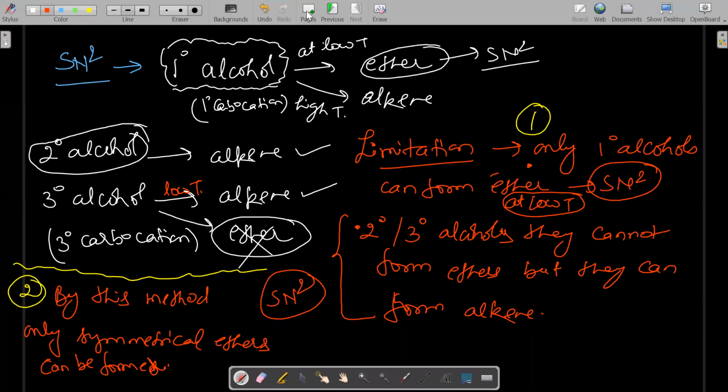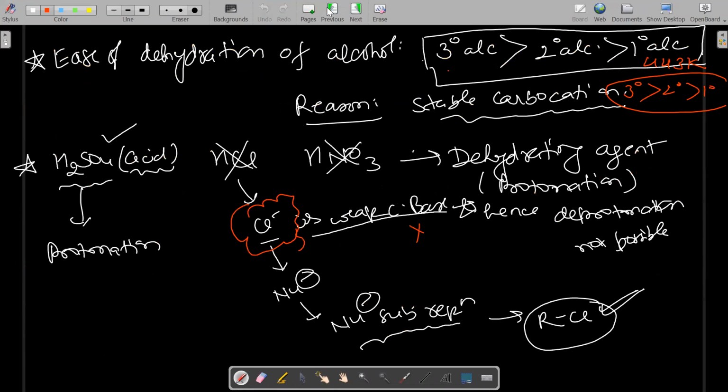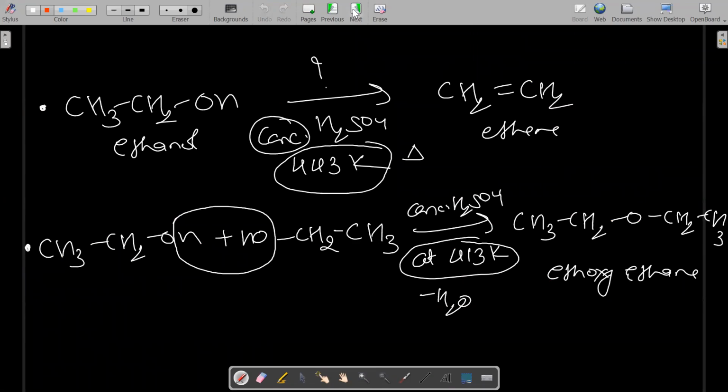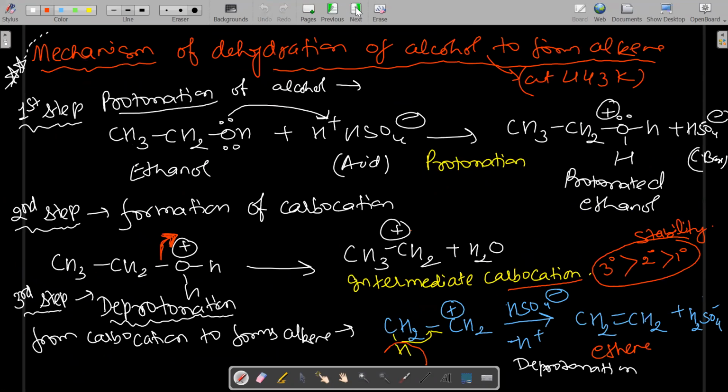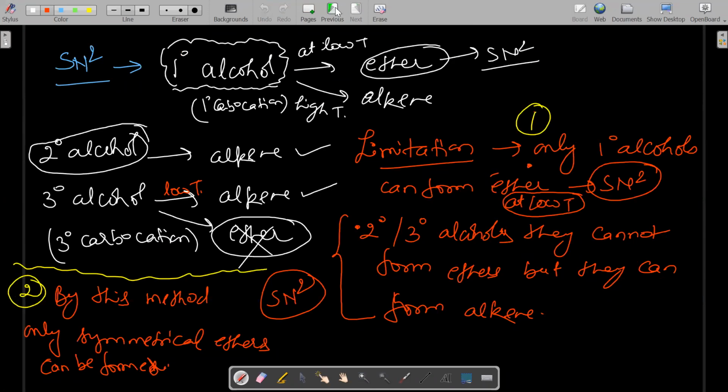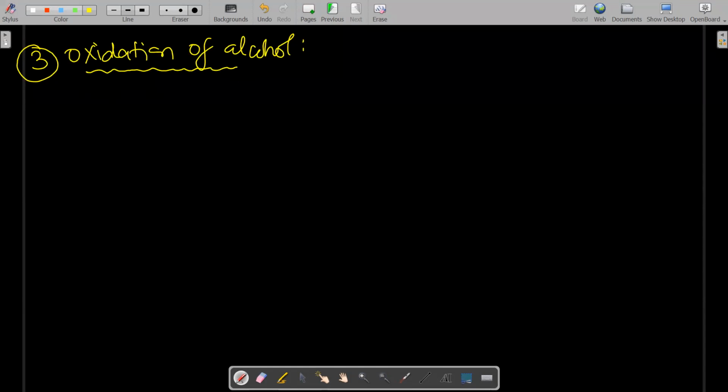Now we will go for the next properties. Okay, so till what property we have discussed? The 2 properties we have discussed. This is the second property, that is dehydration of alcohol, right? Okay, so now the next property is, come to the third property. This we have already discussed in the mechanism, in the conversion also. The next is the oxidation of alcohol, which we have already discussed. But again, I am revising.